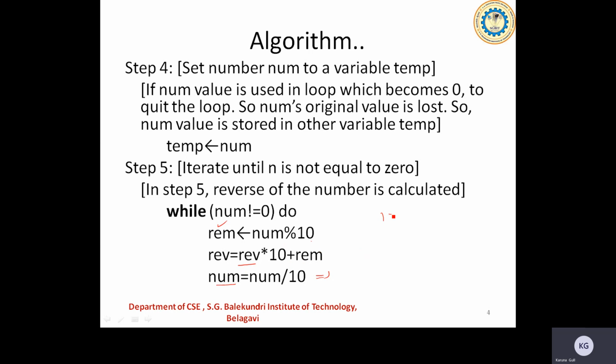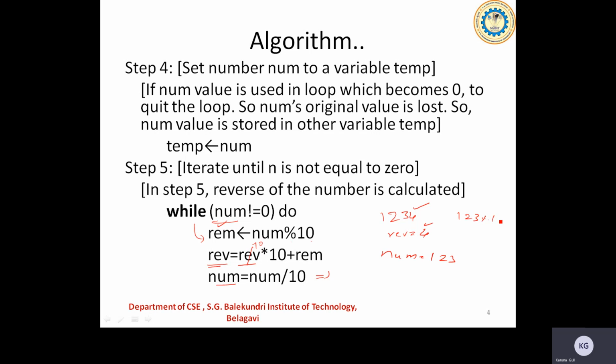If I take an example here, 1 2 3 4, if this is the number that I have read, first I'll be getting the remainder as 4, then reverse will have this 4 itself, because reverse is initially 0, then 0 multiplied by 10 plus remainder, so the new value of reverse is 4. The number value will be the quotient part of this, so I'll be getting 1 2 3. So 1 2 3 is cross-verified with 0. This is not equal to 0, so I'll be entering into the loop here. In this case, again I'll be calculating the remainder for the number, which is 1 2 3.